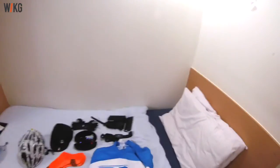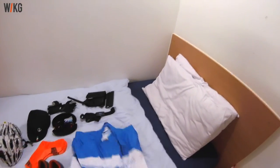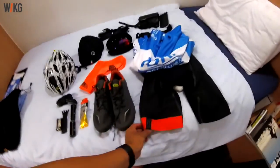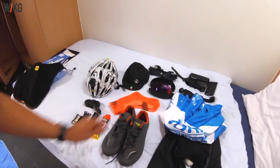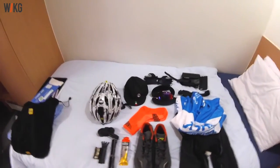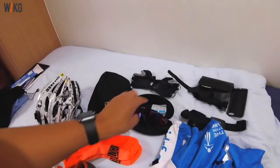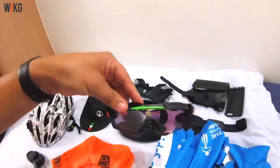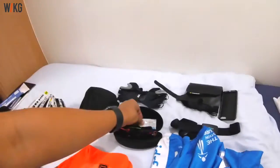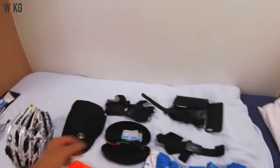I've got the JDRF jersey, which I will be very proudly wearing. I will be rocking my WKG bib shorts with complementary matching orange and grey Mavic shoes, the brightest orange socks I could possibly find, my Oakleys, which I also customised to be orange and black because they were originally green and black, as you can see from there, contact lenses, the heart rate monitor, gloves,